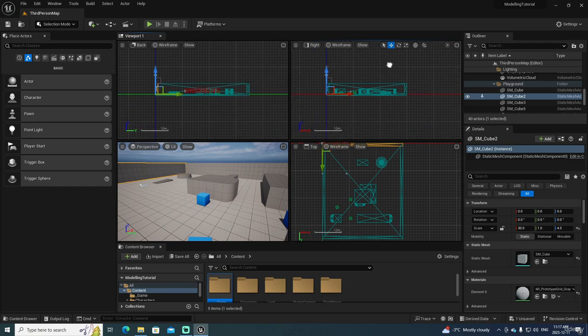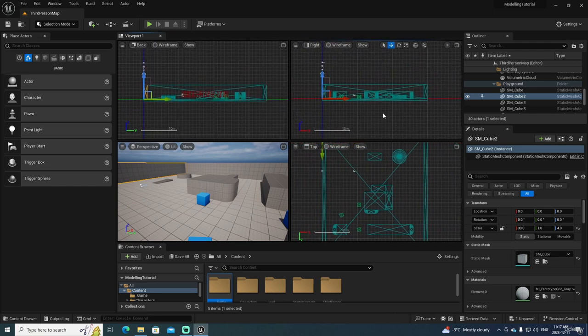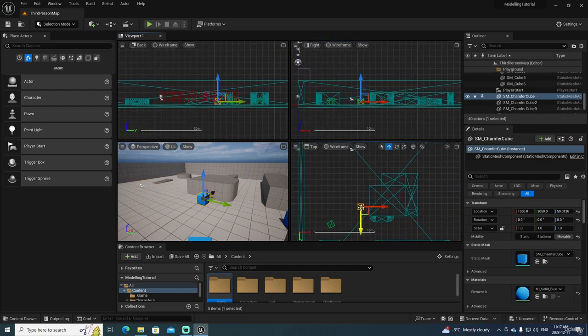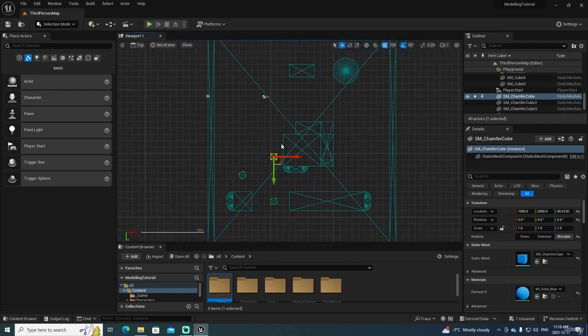And as you can see here, the moment I move in one of them, I can move in the rest of them. So let's say I have this object, and I select this object in this perspective from the top. At the moment I select the object, you can see that it is selected in all the rest of the perspectives. And let's say I want to work with this one because I want to be very sure about the position from top down. Well, I could also click here,